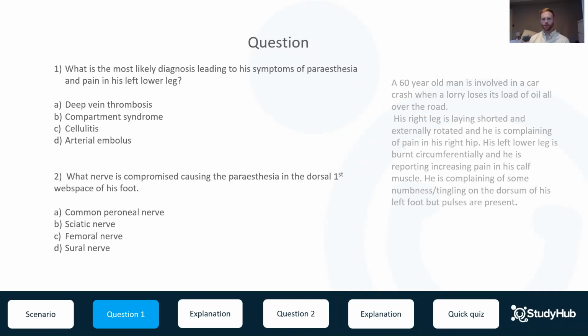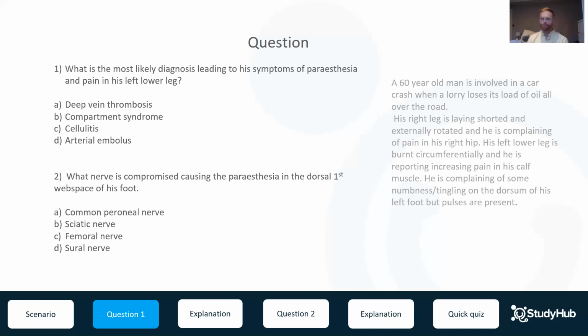So one person's gone for DVT, most people have gone for compartment syndrome, and two people went for cellulitis. Given his presentation, which is paresthesia in the dorsal first web space of his foot, what nerve do we think is